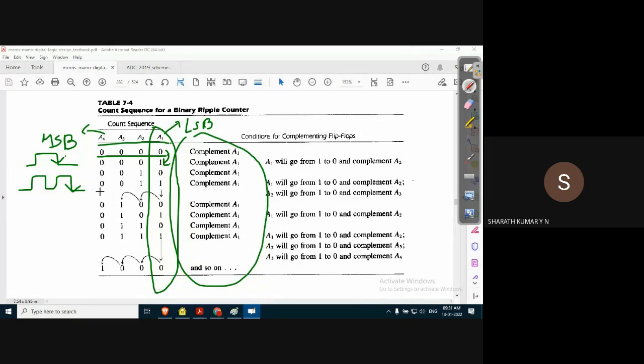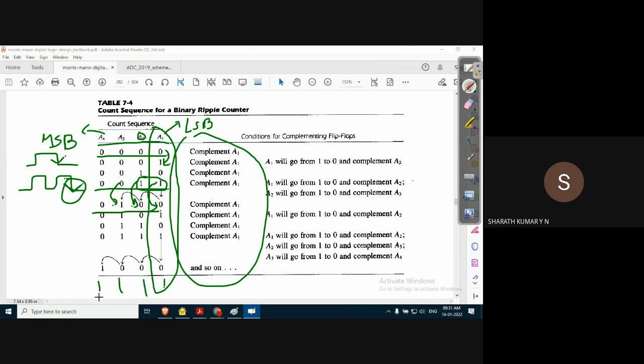When it reaches the count of 0011, on the application of the negative edge of a clock pulse, because the outputs of A1 and A2 are 1 1, and A2 output is 1, A3 changes the state from 0 to 1. Because A1 output is 1, A2 will change from 1 to 0. Because the negative edge of the clock pulse is applied, A1 will change from 1 to 0. Like this it continues till it reaches a final count of 1111.